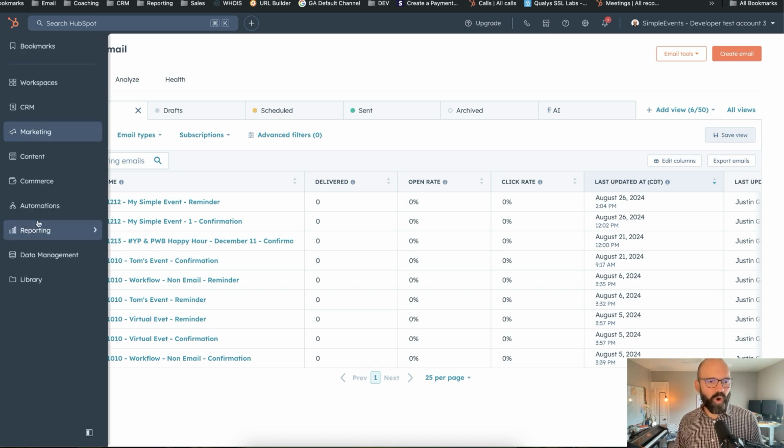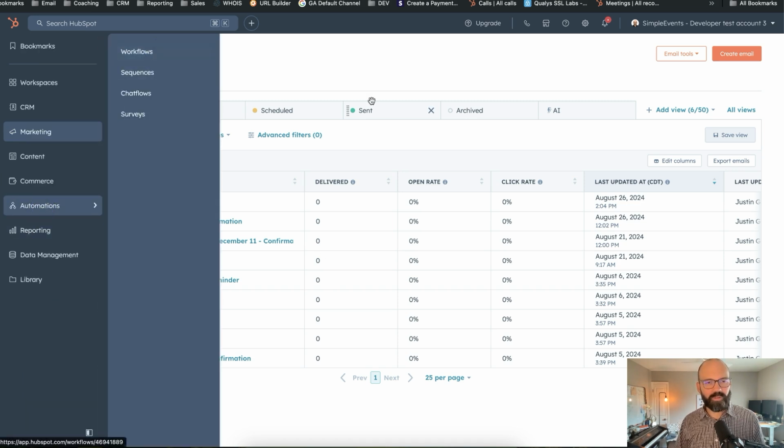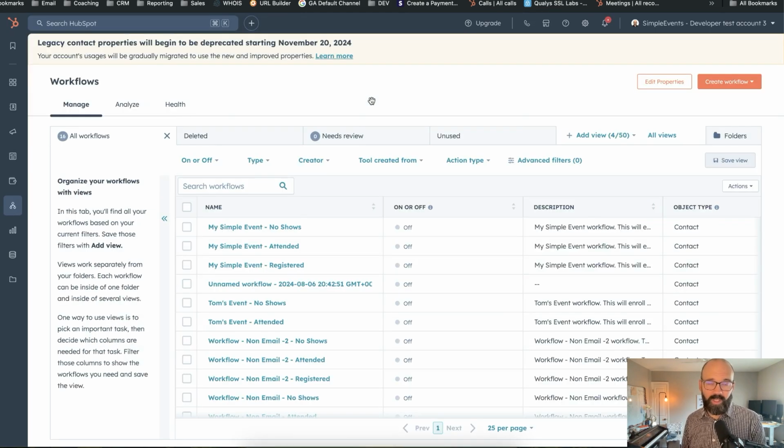My emails, let's go over to automations and go to workflows. Now, in the pro accounts of Simple Events and Hire, we automatically create this registered, attended, and no-shows workflow. Now, let's say my simple event that I have right here, I need to create a manual registration. So I'm going to copy and keep my name convention, and I'm going to say create a new workflow from